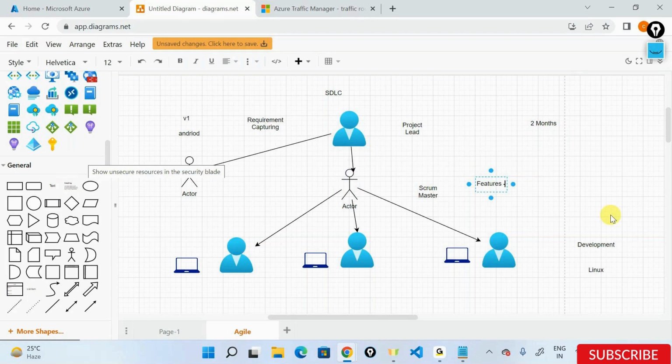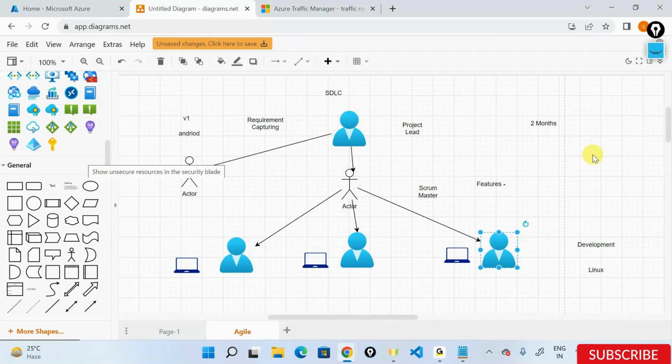What this Scrum Master does is, on a daily basis, he connects with this team. Every day he connects with the team and asks, you know what, where are you? What did you do today? What will you do tomorrow? What are the issues that we are facing today? So we now have a daily call. We call this a daily stand-up call or a daily Scrum call, wherein we analyze what did we do today, what is the progress today, what is